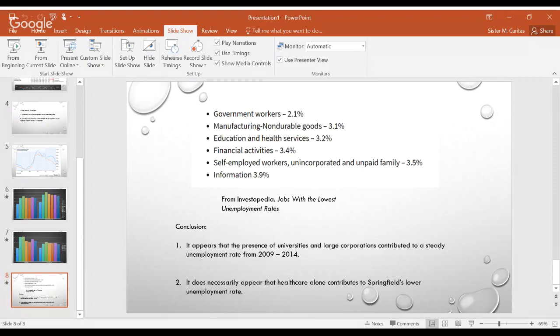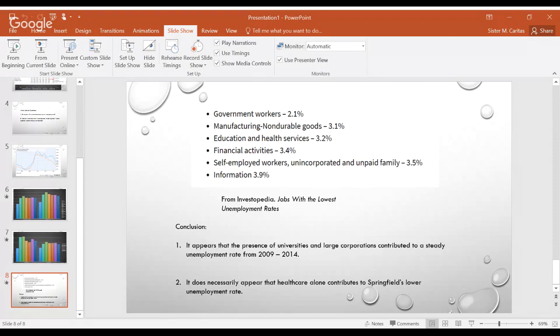Based on this data, I answered my two questions that I had in the beginning. So the first one was related to Bloomington and Champaign. And the question was, do large universities contribute to lower unemployment rates? It does appear, yes, that they do. The other thing that I found with Bloomington is there are financial activities going on there, which potentially could contribute to a lower unemployment rate, as their largest industries are manufacturing, health services, and financial activities. The city of Champaign-Urbana, its largest employer is the University of Illinois, so it comes right in the middle. They also have some manufacturing and not much financial, so they did have a higher unemployment rate.